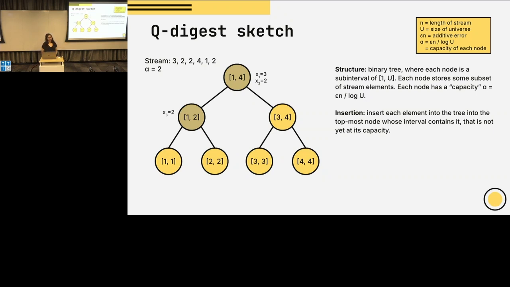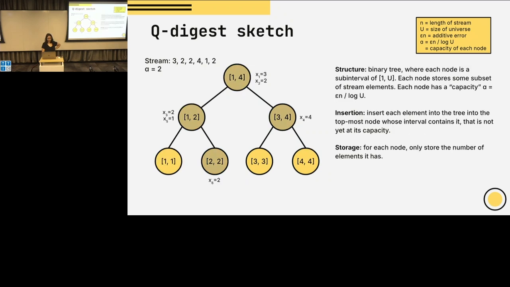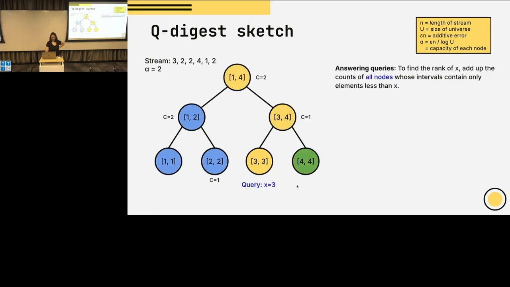So if all the elements are identical, which gives a trivial answer, but for this algorithm, do you have enough space to store all the elements? Right, so in that case, when I said the capacity of every node was 2, that's true for everything except the bottom layer. The bottom layer has infinite capacity, and when you do the error analysis here, only these nodes actually count towards the error, so it doesn't matter that the bottom node has infinite capacity. But that's a good question.